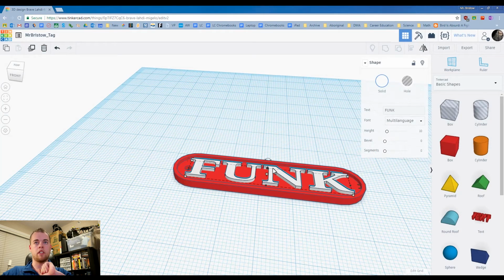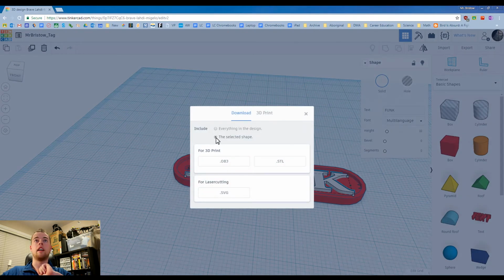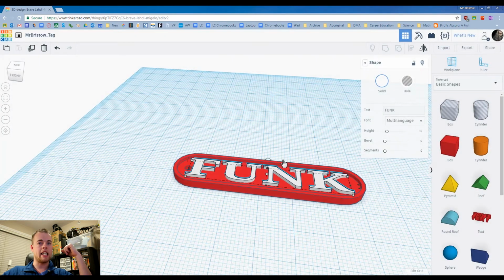Sometimes, watch out for this, you might have your text selected, and you go to export, and you'll notice it says the selected shape only. It will download just the text, and that's useless. Make sure everything in the design is selected. You're going to choose STL,